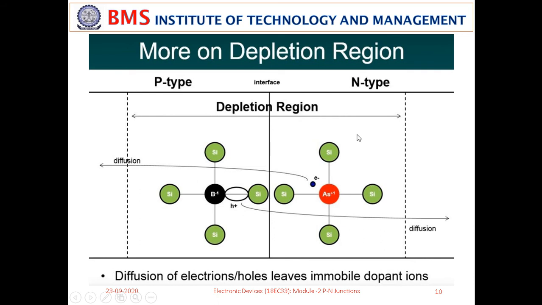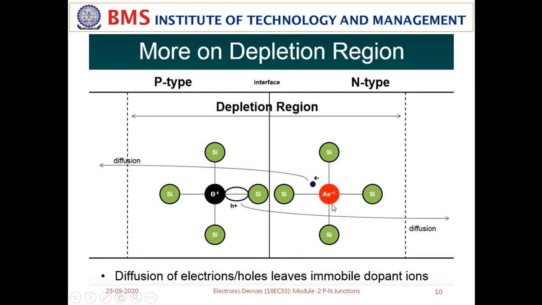Like this, there are many silicon atoms and many impurity atoms in this n type material. That means in general you can see more electrons in this n type semiconductor. And a similar thing you can see on the other side, the p type semiconductor. In the p type semiconductor we have shown a trivalent impurity element like boron. Boron is trivalent, a column 3 element of the periodic table, and this complete nucleus is negatively charged because it has donated a hole, positive charge. Therefore, this has become negative charge.